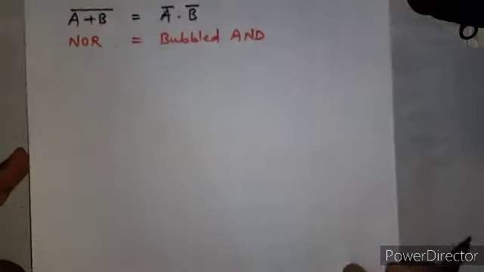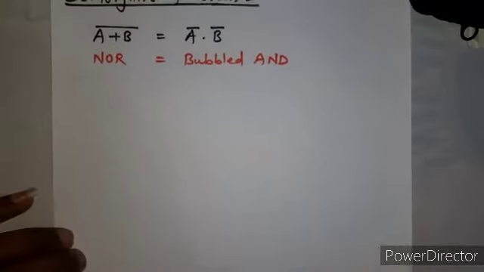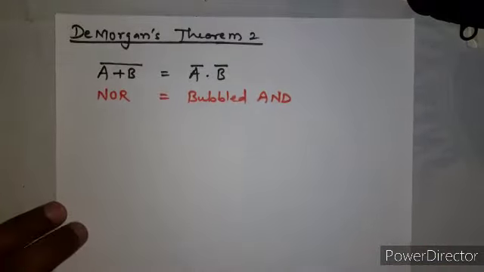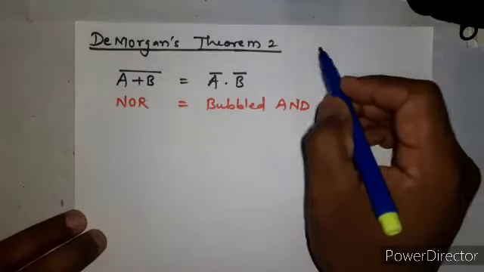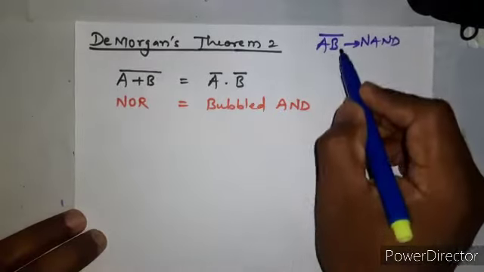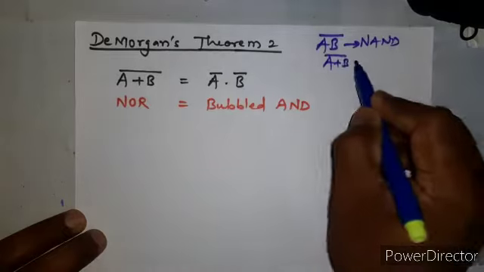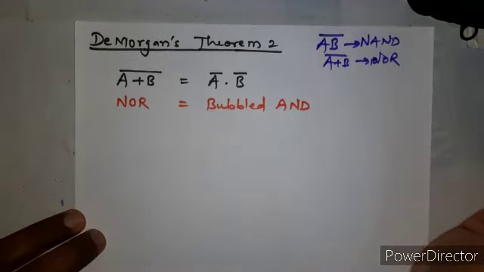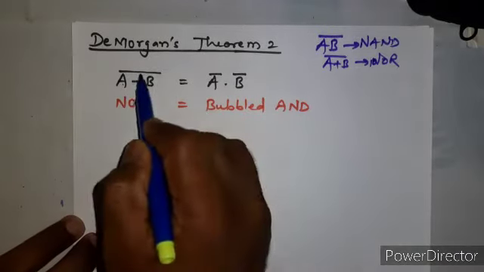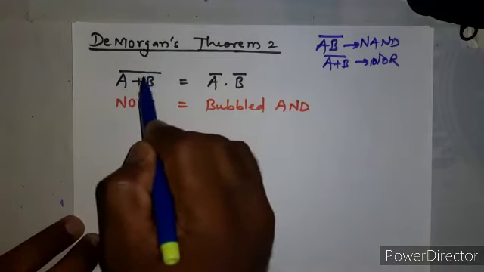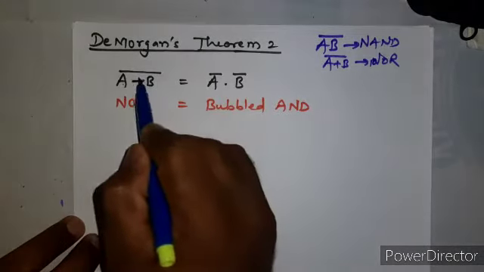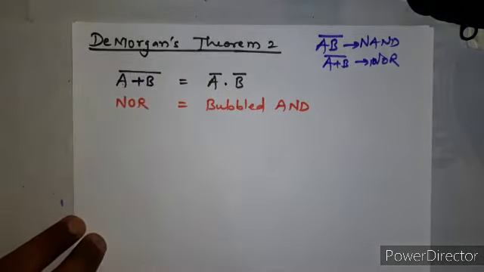Similarly we have another theorem for De Morgan's. Okay, now let us see the next theorem. Now what does this state? In the first theorem we saw AB whole bar, which is for NAND, right? Now we'll see A plus B whole bar, that is for NOR. So this is what is mentioned: A plus B whole bar equal to, now again here we are breaking this complete bar into this number of variables. So we have A bar and B bar. Now this plus is replaced by dot here, right?